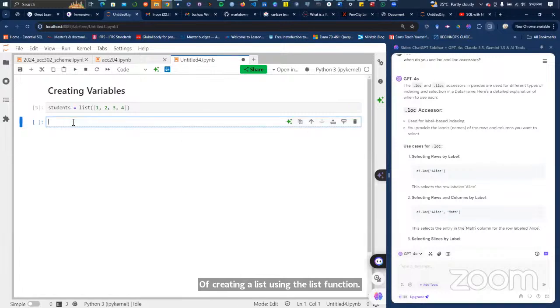But I think this is quicker. See, it's the same thing if I do students, and then if I had ignored the list keyword and the parenthesis, but just go ahead with this and said 1, 2, 3. It will be the same results. But at least we know that the list function is also there.